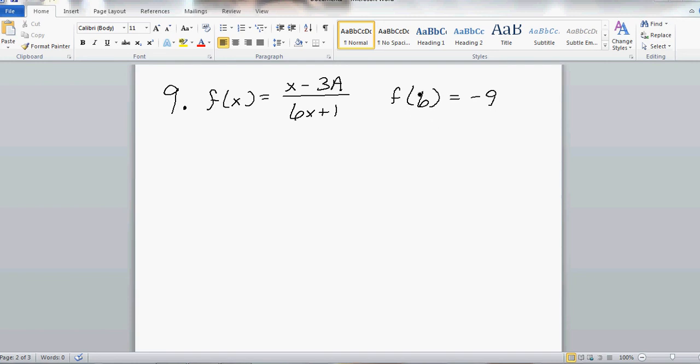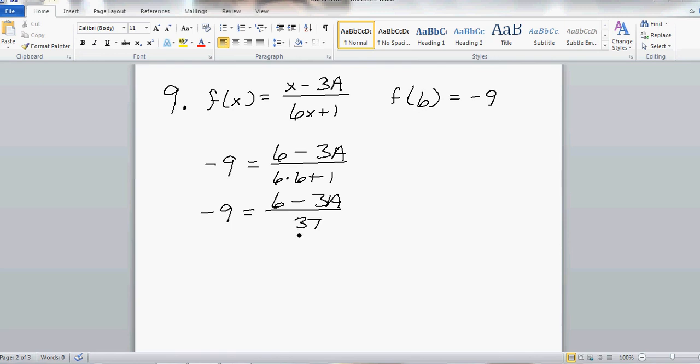Well, this is pretty simple. F of 6 means we can put in 6 for x. We know this whole thing's going to equal negative 9. So we get negative 9 equals (6 minus 3a) over (6 times 6 plus 1). So negative 9 equals (6 minus 3a) all over 36 plus 1, which is 37. Multiply both sides by 37 and we get 6 minus 3a equals negative